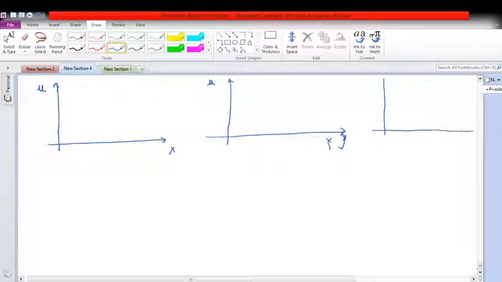Consequent I got as z. Okay, now this is for rule 1. Again I have to form it for rule 2. Okay, first let us draw for rule 1. So if x is